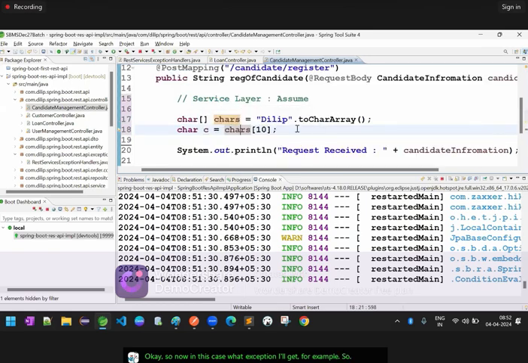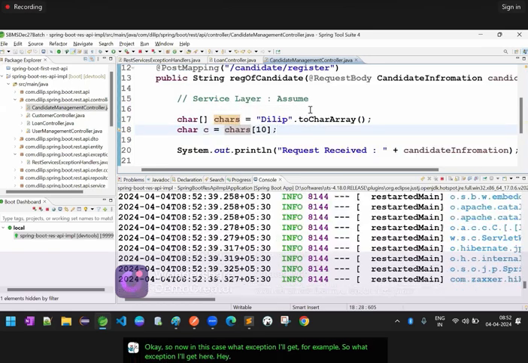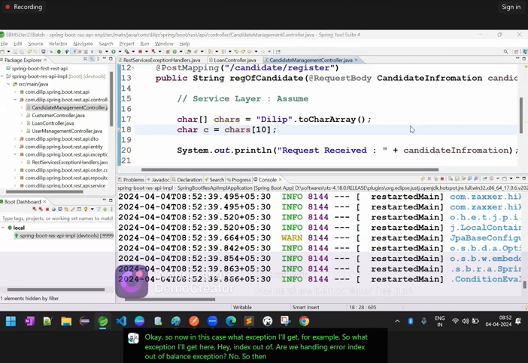What exception will I get here? Array index out of bounds exception. Are we handling array index out of bounds exception? No. So then